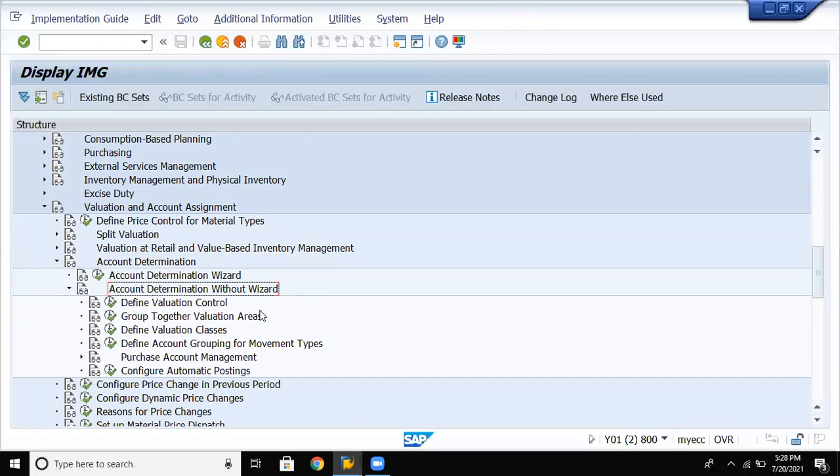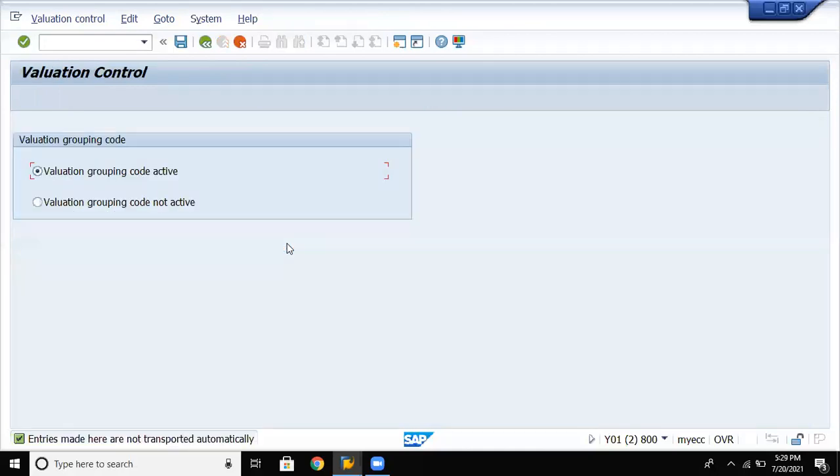So first, we are going to work with account determination without wizard. SPRO, SAP Reference IMG, Materials Management, Valuation and Account Assignment, Account Determination without Wizard. Then you have Define Valuation Control. So hit on valuation control. So here it says that as of now your valuation grouping code is in active mode.